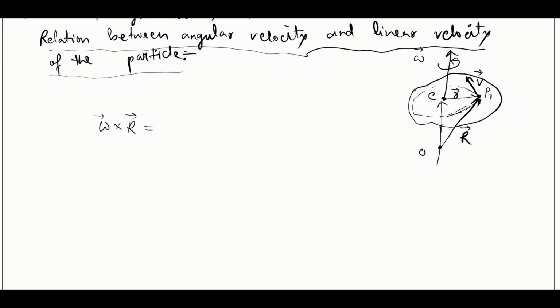And we know from this triangle, this R vector is equal to OC vector plus CP vector. This OC vector is along the axis of rotation, and CP vector is equal to r vector. So if we put in this value,